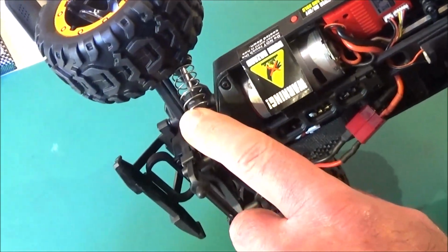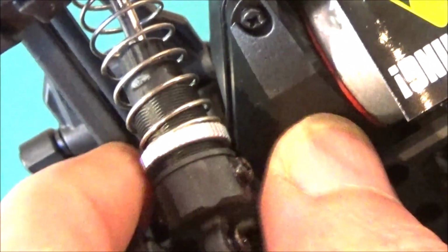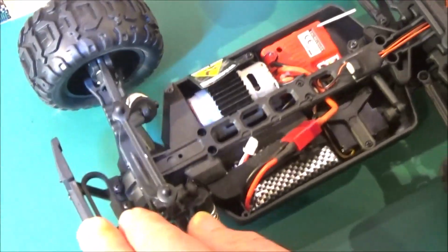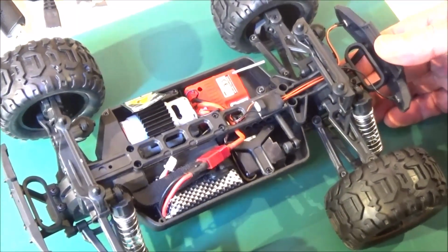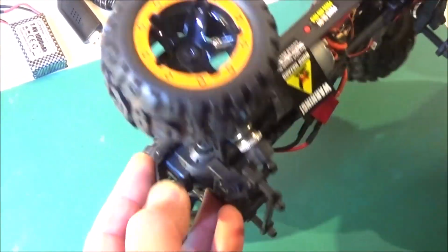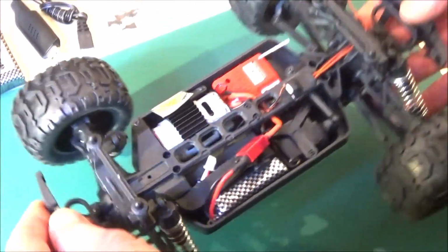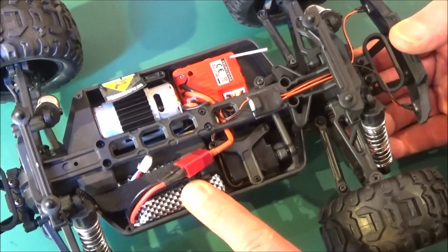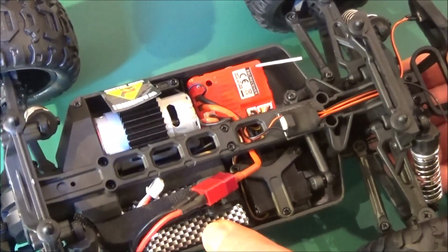But the only saving point on this one, the good point, is it has got these metal adjustable collars, so you can adjust the preload to suit, which is unusual, I think, on these cheaper ones, but it's still very bouncy. But as I say, it's reminiscent of TT02 kind of layout. Yeah, very similar, even with the suspension mounts is quite similar, like I say. So anyway, what have we got in here? As I said, it's got the 1000 milliamp hour LiPo comes with it, so that's the two batteries, which is,